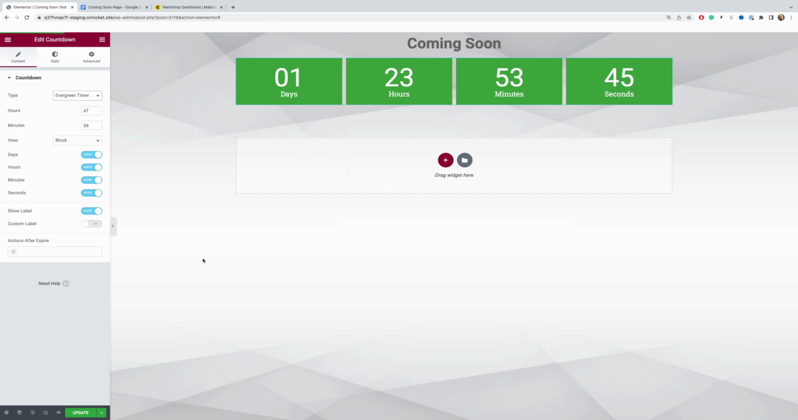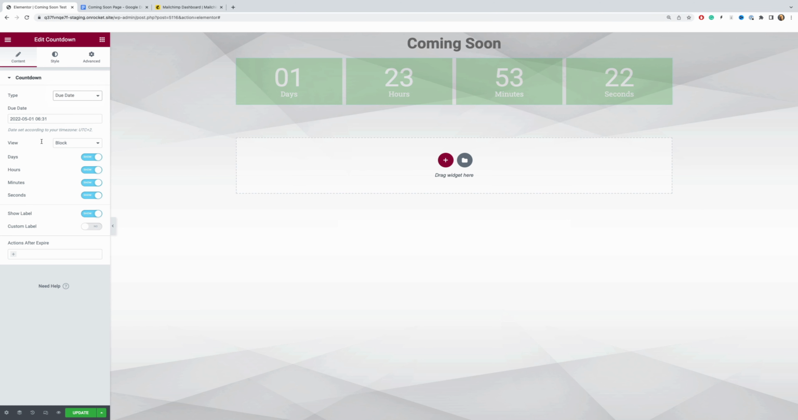So I don't know, maybe there is a use case for this, but I personally do not like this type of a timer. But just letting you know that you can also use an Evergreen Timer if you want to. And then you can also tweak these settings with this type of a timer. But let's go back over to the due date timer because that's the one that we are going to use